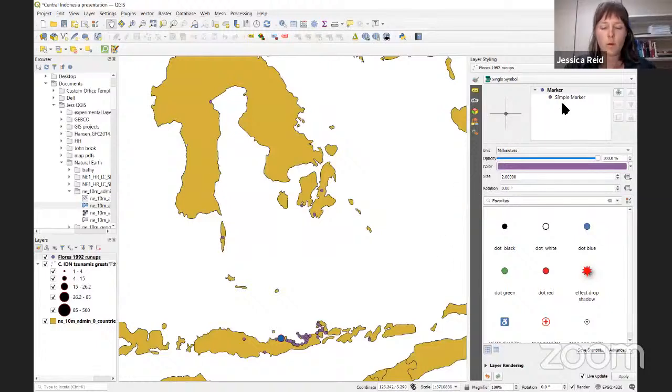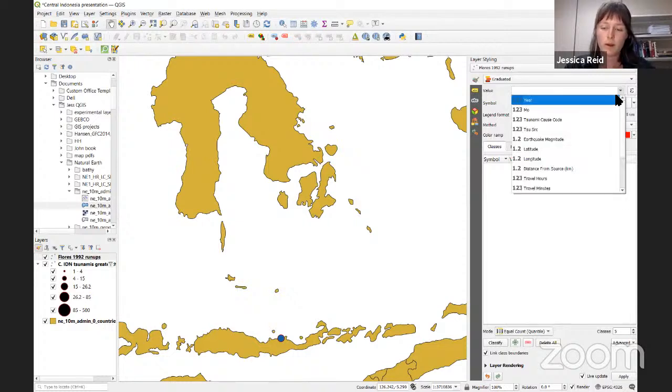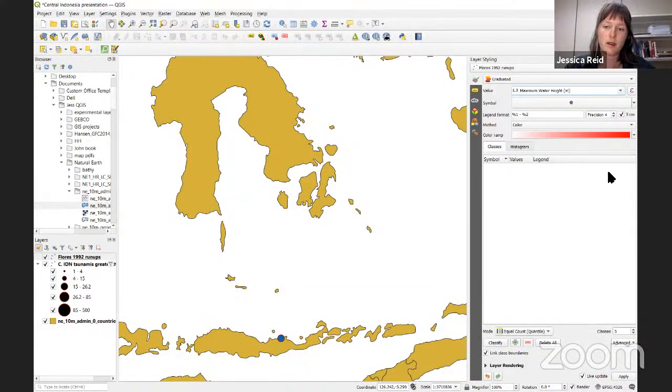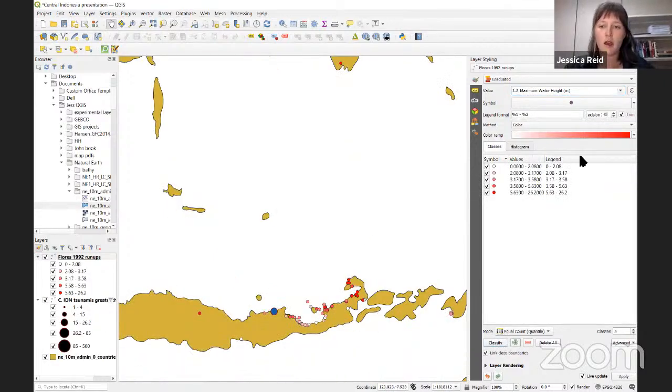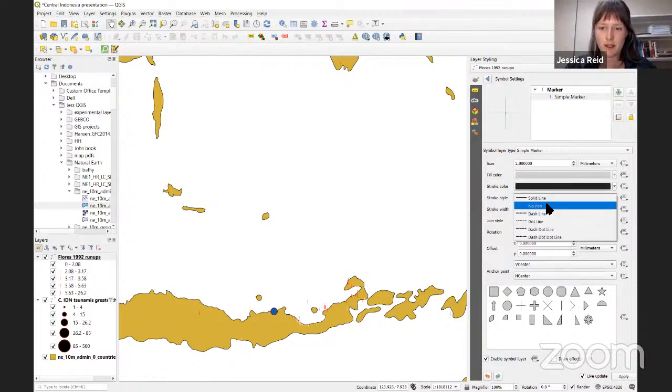One thing that we could do is just graduate these dots by color, say. We could say, I want the observations with the highest water height to be darkest. So we could be satisfied with this. Another great way to style these is with a line, because a vertical line has no lateral dimension. So it will only become taller, which kind of makes sense for an observation based on height. So in order to see these better,